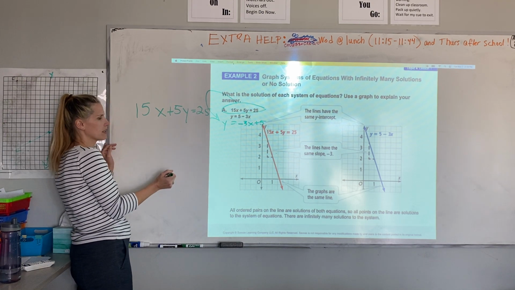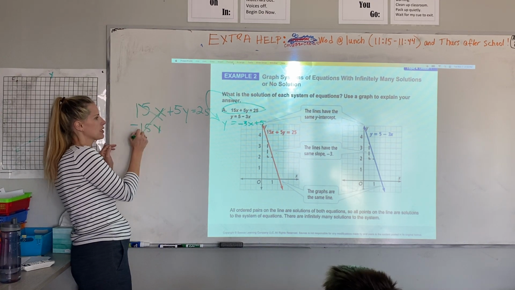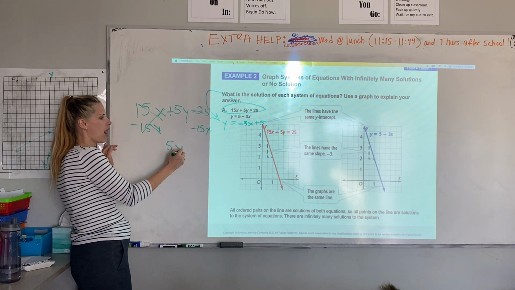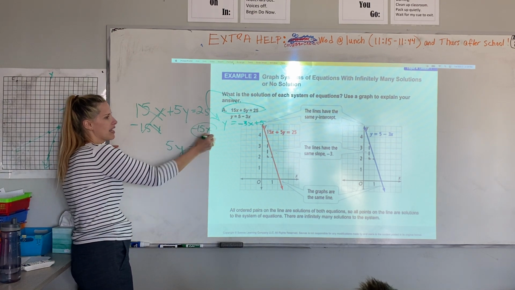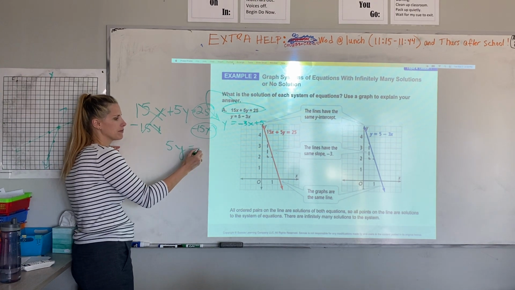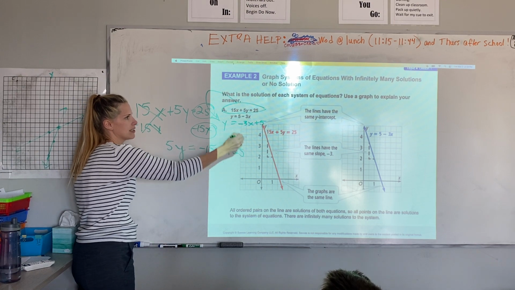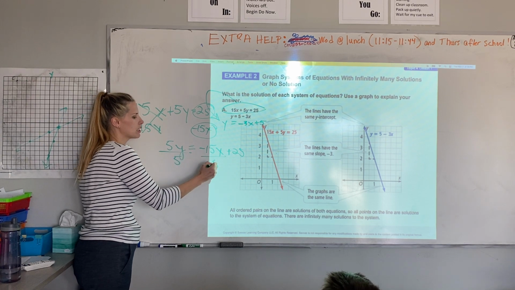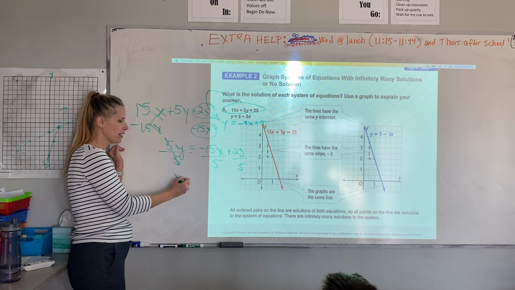Watch my magic trick. Subtract 15x from both sides. Minus 15x here. Then I have 5y equals. Don't try to actually subtract these numbers. I've got a negative 15x and a 25. How do I want to write it? Negative 15x plus 25. Yes, I want to write my x term first, then my positive 25. It still doesn't look like it. My magic trick's not over. Divide by 5 on both sides, every term. The 5s cancel. y equals